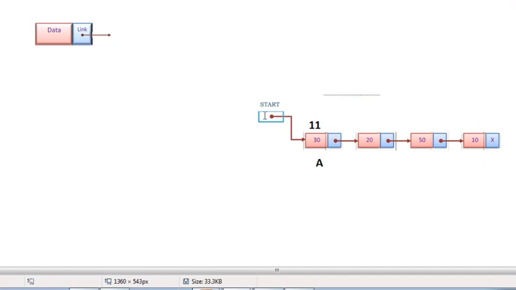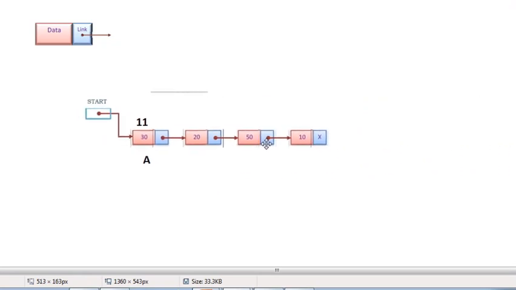Suppose I place another link here, which makes a node contain two links, which violates the rule of single linked list.